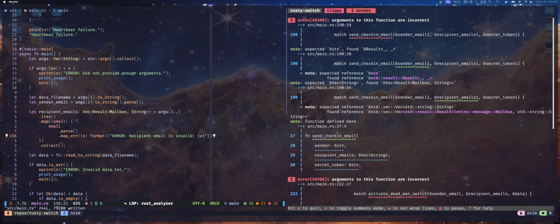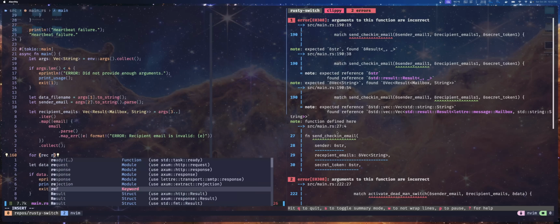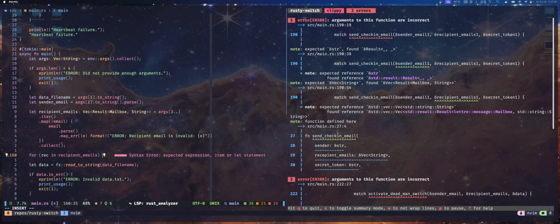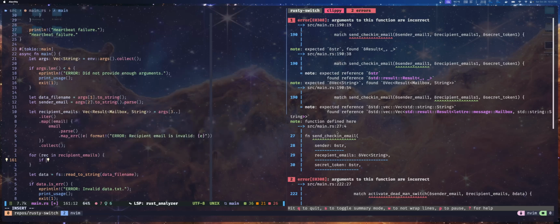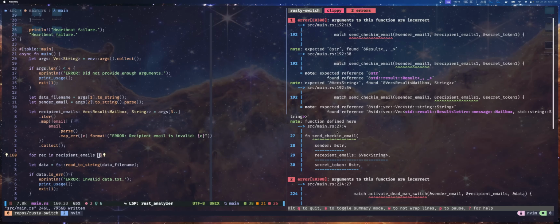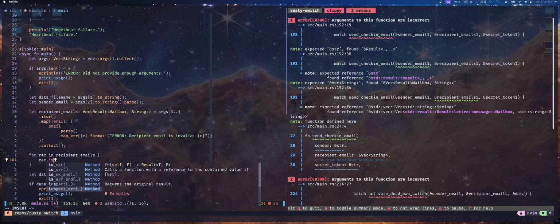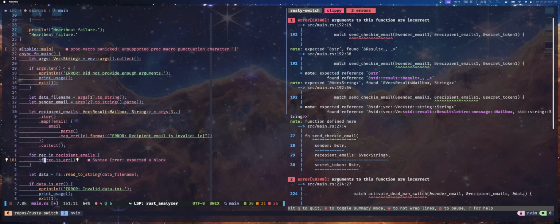Collect, but really, ideally we'd want to just bail out from there, but I'm not sure if we can. What's an easy way to do that? But I know we can do it like this. So for rep in recipient emails, we'll just do if is error. Oh, what's going on? Syntax error. Okay, for if recipient dot is error, if like that,